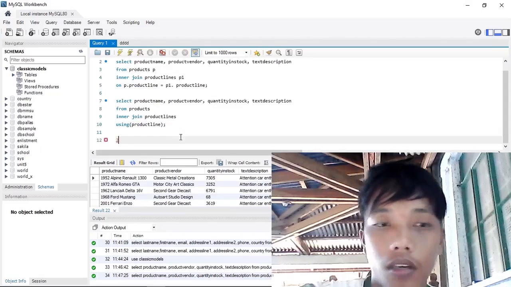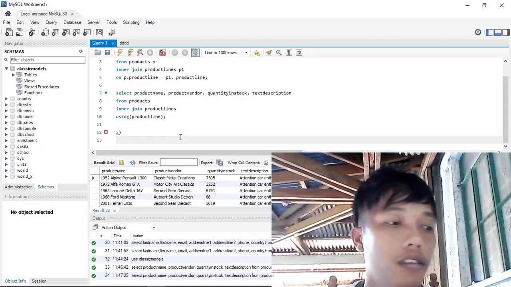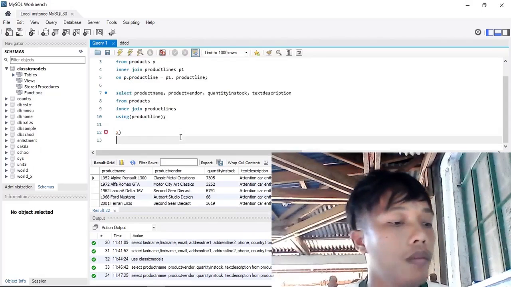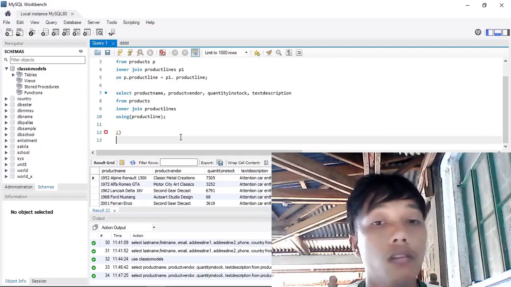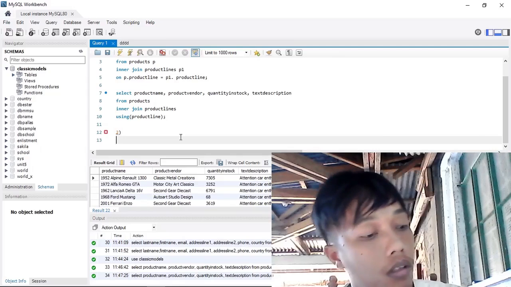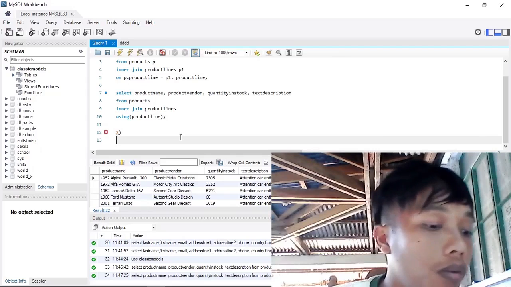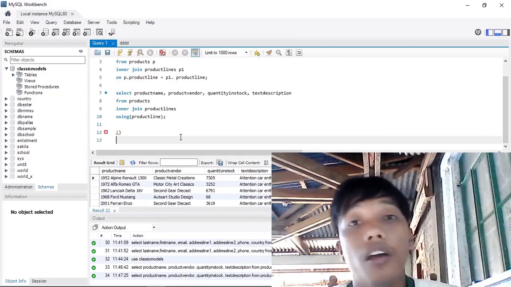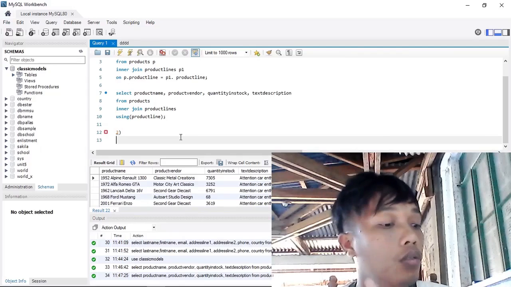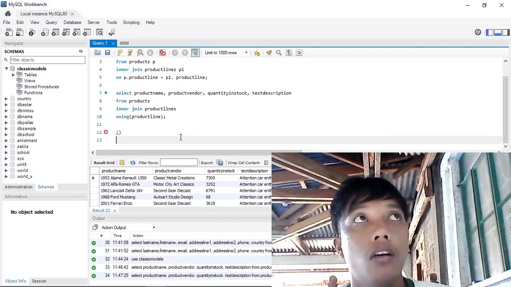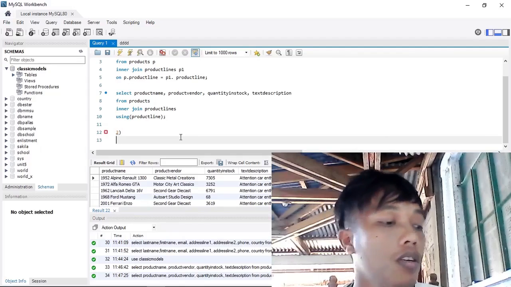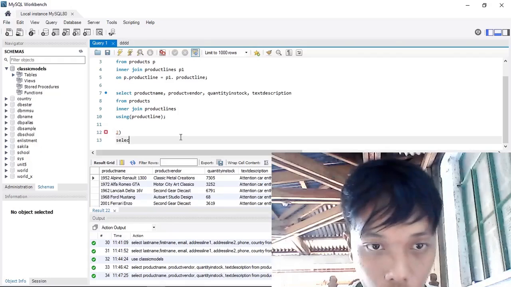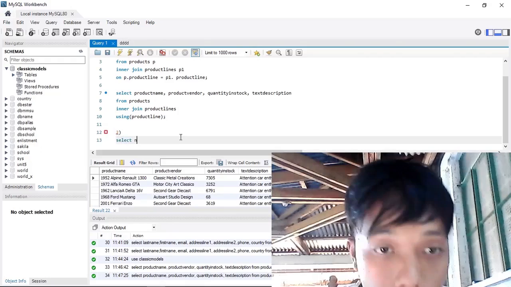Okay sir, the next task is to display the customer name, order number, order date, status, and customer number of all orders of customers. Again sir, combining the two tables, the customers and orders table. First I'm going to show the first syntax.